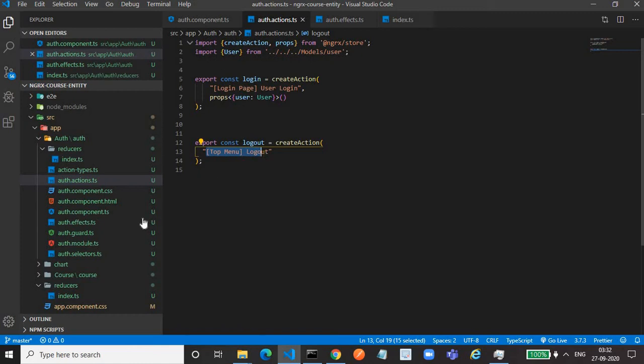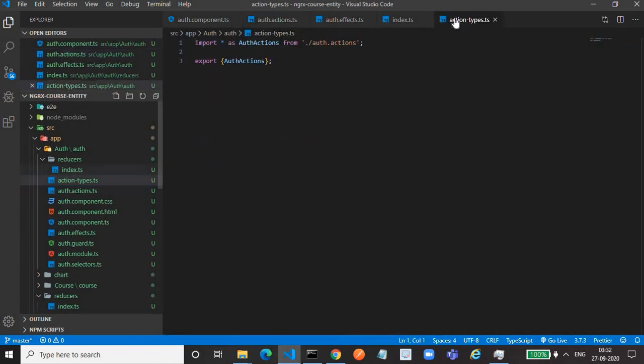Once we create the action, we have to import that action in an action type.ts file, so that we'll get IntelliSense for the action wherever we use it. We get type checking for the action. You will use this action in the reducer as well as in the effect. There you will see the advantage of importing it into the action type.ts file.